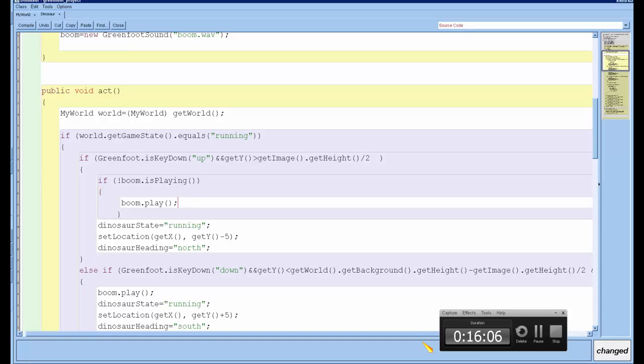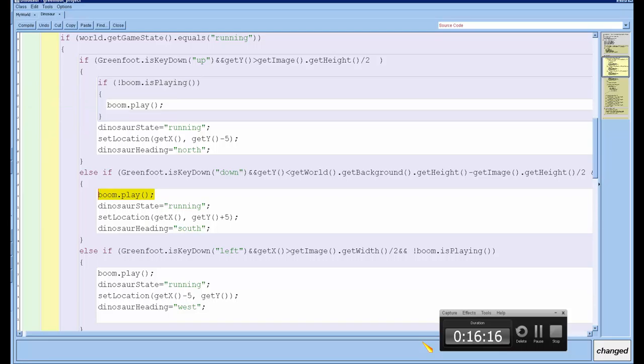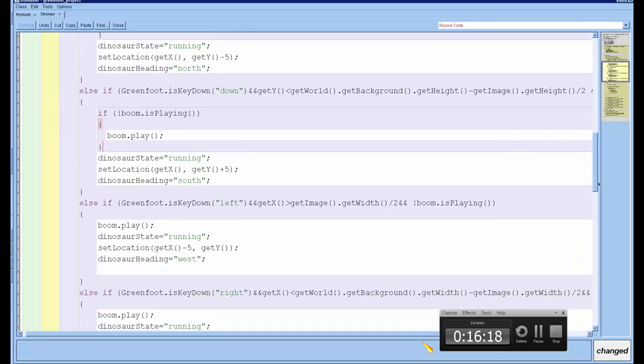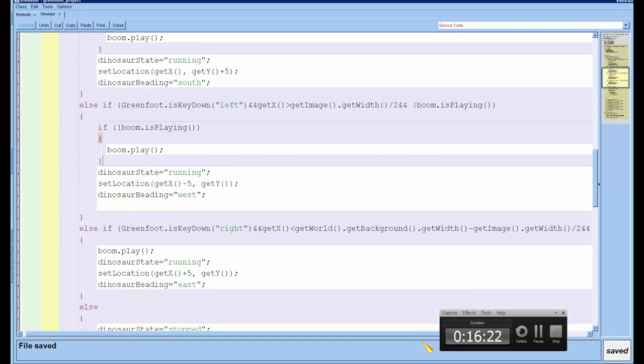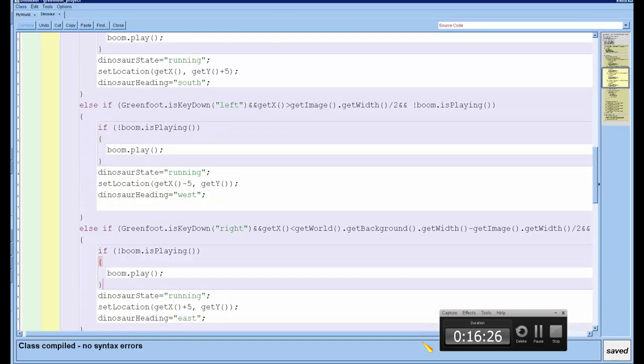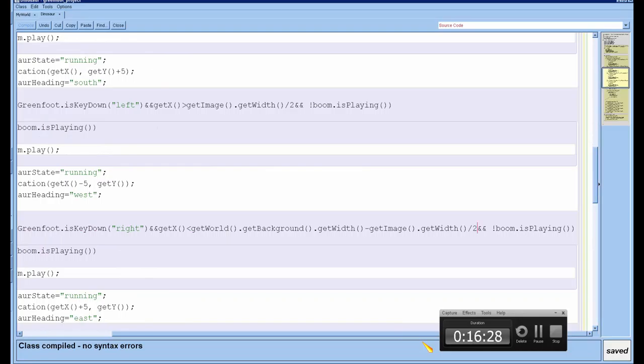Okay. So I need to put it in there and there. And then I need to get rid of that up in the conditional statement.